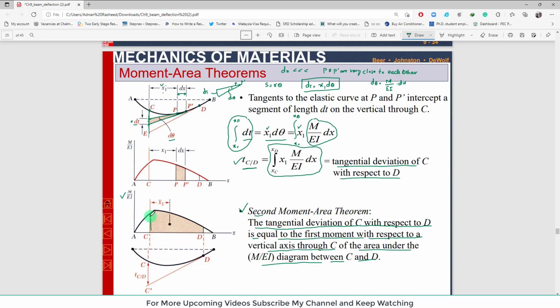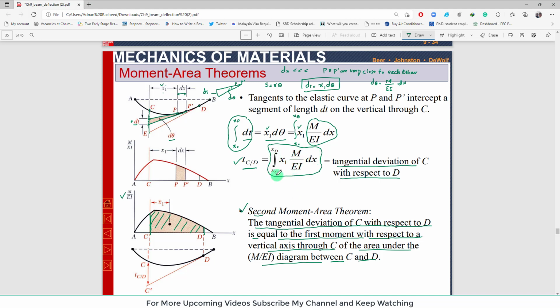Clear? This is point C and this is point D, and this is the whole area under the M over EI diagram between point C and D. So the tangential deviation of C with respect to D is equal to the first moment with respect to a vertical axis. So M over EI into dx is actually integral of